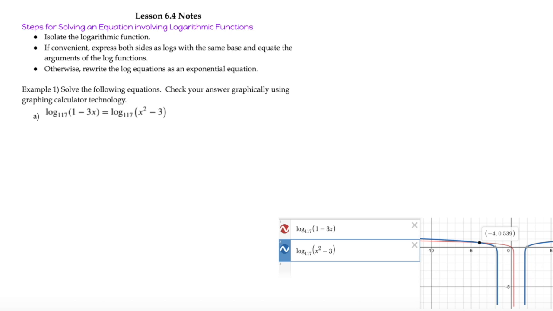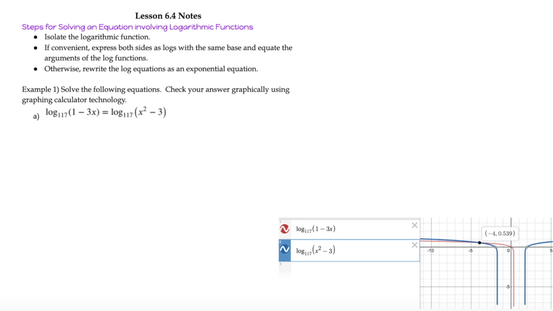And then if it's convenient, when we have both sides written as the log with the same base, then those equate to the same argument. However, if we cannot express both sides with logarithms, we will write them as exponential equations and then solve as we know how. So this first example, it says to solve the following,